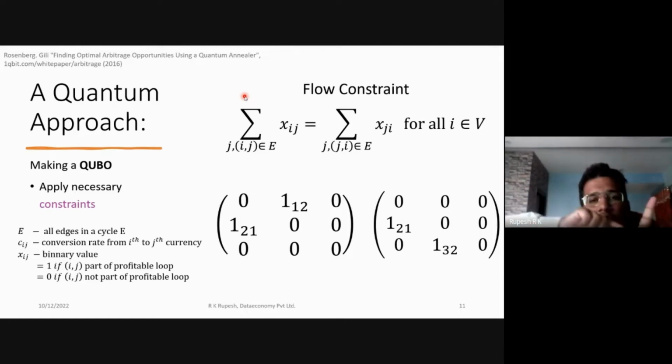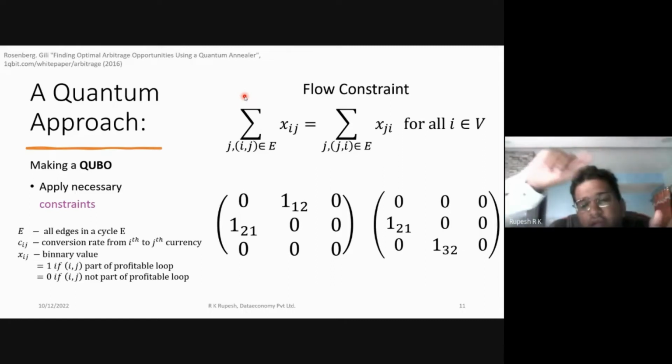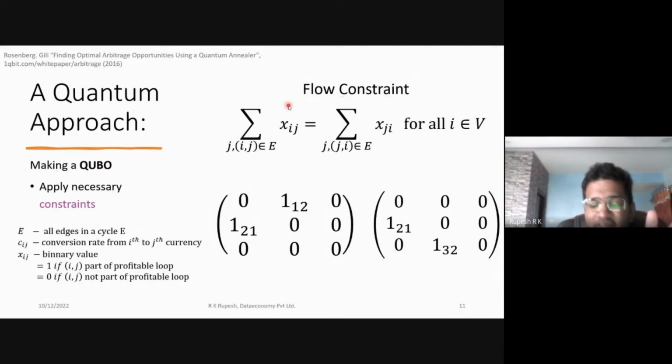So we need to be able to traverse this path by going from one currency to the next in a continuous loop. And we need to start and end at the exact same currency, because only then we can actually talk about a profit. Because if you start at one currency and end with a different currency, the conversion rate between the first and last currencies itself can keep changing. So you never really know if you made a profit or a loss, and the profit or loss can change with time. And we don't want that uncertainty. So if I start with a dollar, I want to know that I have $1.1 or $1.2 or what exactly is that number. And so the flow constraint essentially emphasizes that.